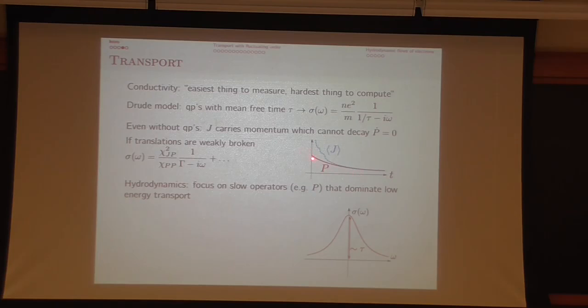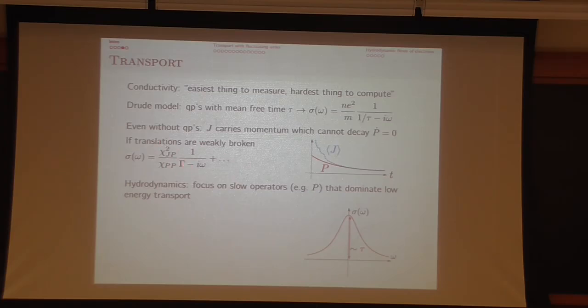The reason is that P decays very slowly. J can generically be a very fast operator, so it's going to have some short time transients. But in any expectation value of a state at finite density, the long time behavior is going to be controlled by the slow decay of P. This notion of the current carrying momentum, the overlap between two operators, is summarized in this expression, which one can obtain from hydrodynamics. Here, this is a susceptibility between the current and momentum, which characterizes the overlap between these two operators. It turns out to just be given by the charge density. So whenever I have a background charge density, the current overlaps with momentum.